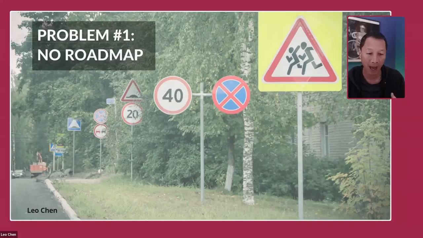So the problem we have is we don't think about a business as a roadmap for every single function. And so you have no roadmap. And you look at this picture here, like, I don't know where to go. I don't know what the signs are telling me. I don't know if somebody's going to cross the street, I'm going to hit them, or I don't know if I should stop or go. Should I stop or should I go 40 miles an hour? Right? So that's a very normal experience that a lot of us have when we start our own business, especially in real estate, because it's not very standardized across the board in the real estate business overall.